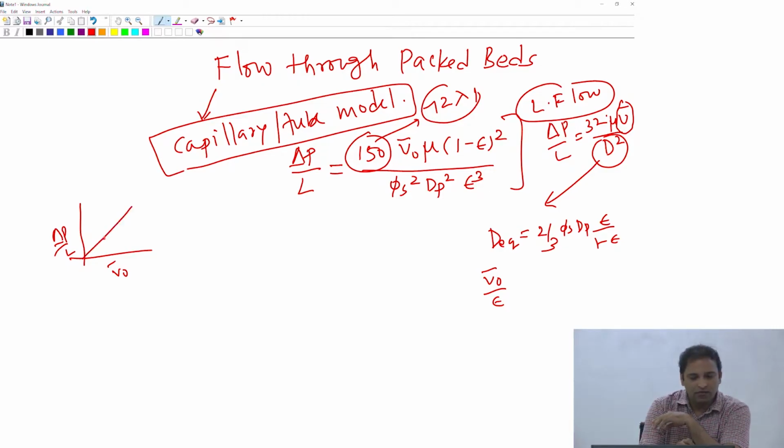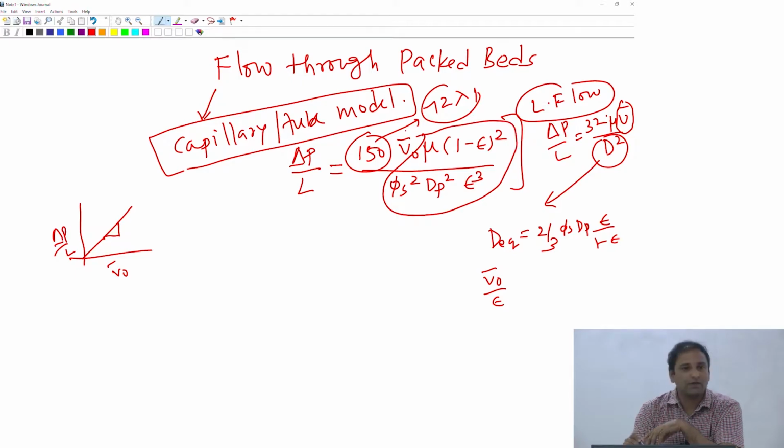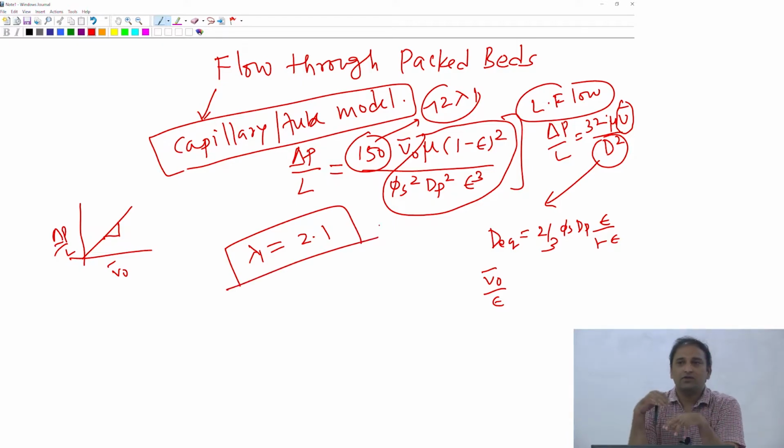Your slope is going to be this times some constant, and people have found that it is of the order of 150, which basically gives you your lambda 1 as 2.1. So I was trying to discuss that yesterday,